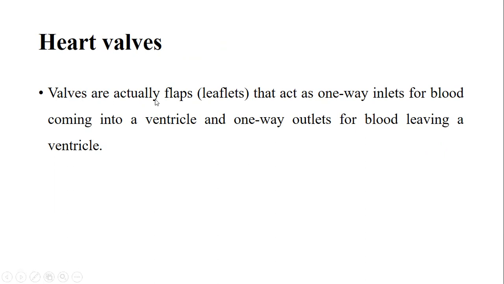Heart valves are actually flaps or leaflets, both are the same. These valves act as one-way inlets for blood coming into a ventricle and one-way outlets for blood leaving a ventricle. So heart valves are mainly used to maintain a unidirectional flow from the ventricle to the next part of our heart, or to prevent the backflow of blood from one chamber to